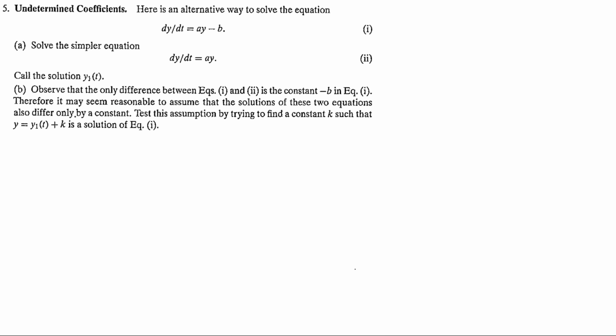So the way we start this off, and it'll make sense as we go through this, is let's solve this equation first. So we're just going to do dy over dt is equal to ay minus b. Now, that's a really ugly b, but there's a really interesting way to solve this. There's a mathematical trick we have to use here. So we're going to get ay minus